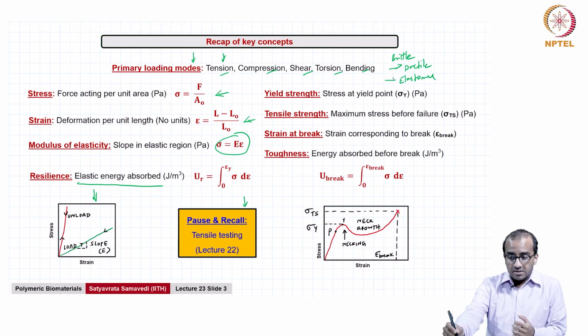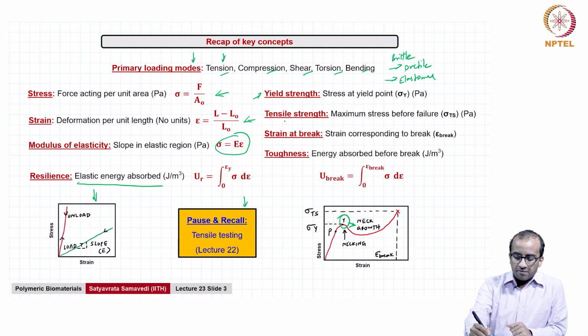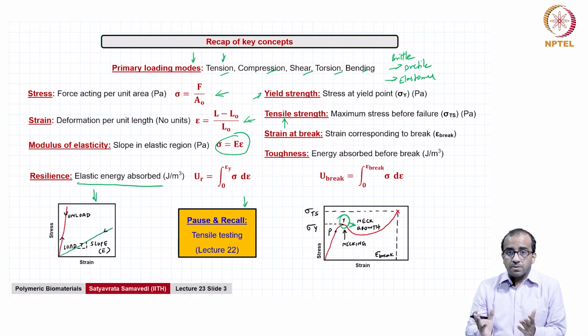And rubbers like elastomers, etc., can undergo deformations to very large strains before they eventually fail. So, closely related concepts we saw were the idea of yield strength, which is just the stress at the yield point, beyond which you will largely not be able to recover the strains. Essentially, at that point you have started making permanent changes to the network. We also saw that you can define something called a tensile strength, which is just the maximum stress before the